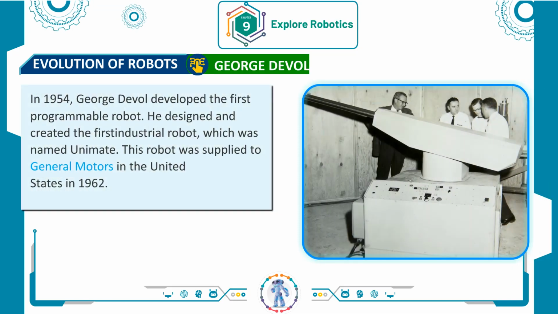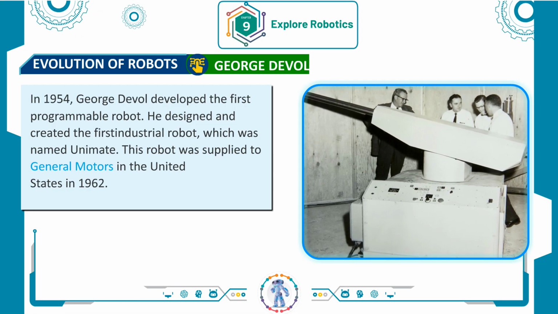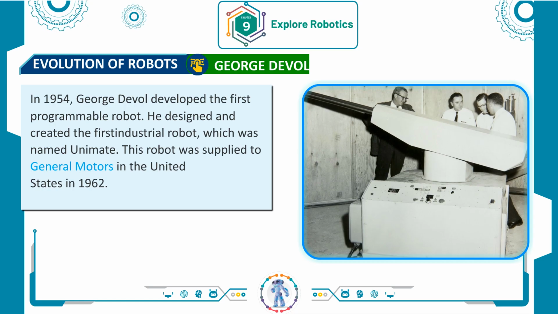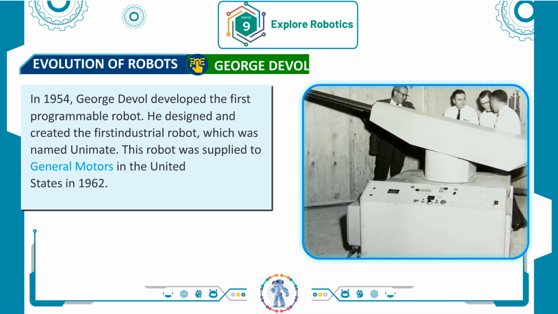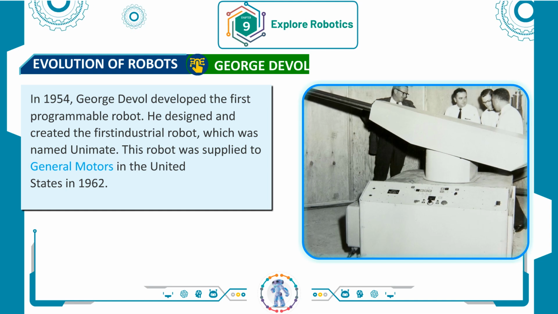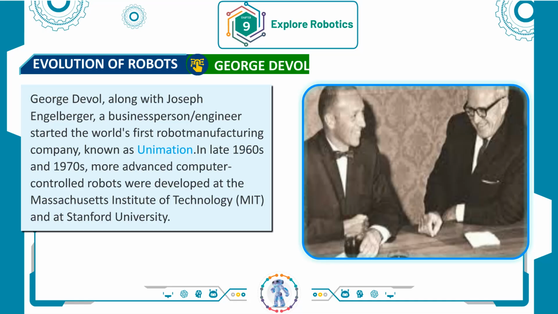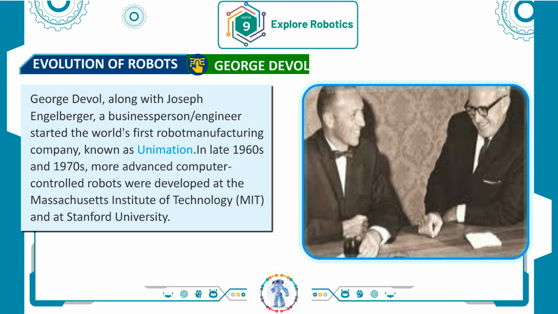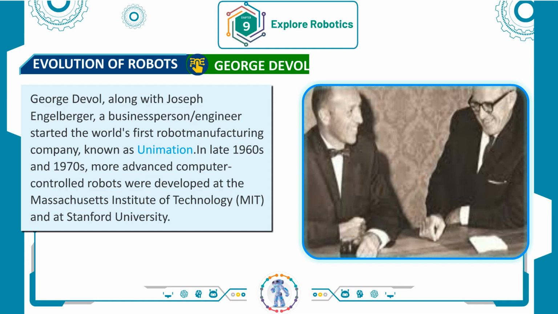George Devol. In 1954, George Devol developed the first programmable robot. He designed and created the first industrial robot, which was named Unimate. This robot was supplied to General Motors in the United States in 1962. George Devol, along with Joseph Engelberger, a business person and engineer, started the world's first robot manufacturing company, known as Unimation. In the late 1960s and 1970s,